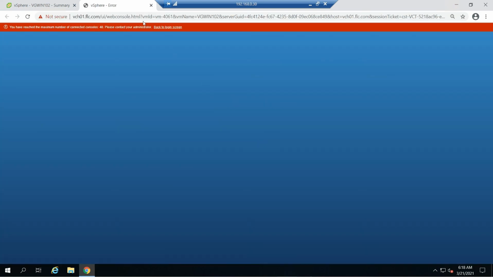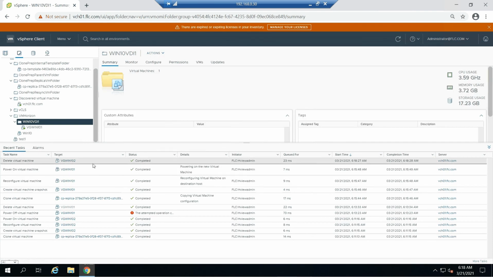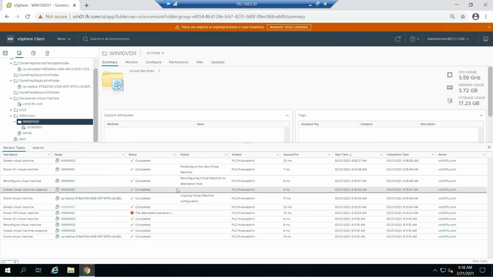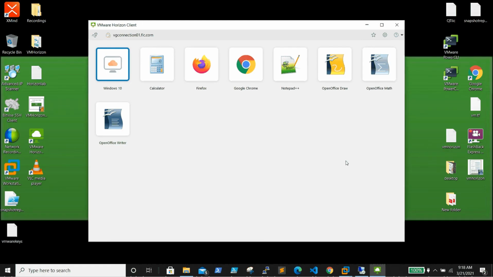It's powered off, you're able to see, and now it's deleted. These are all the settings we made while creating the pool, so that when the user logs off, it is deleted automatically. That was for the floating pool. If it is a dedicated pool, the case will be different. So we successfully built a desktop pool, and we are able to log into VDI. All good. We successfully deployed it.